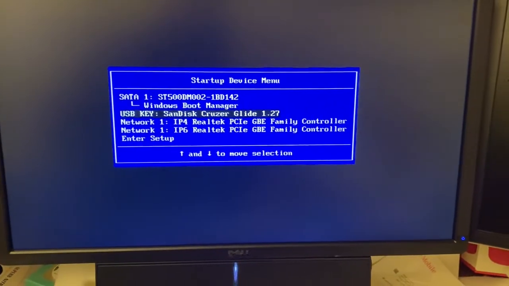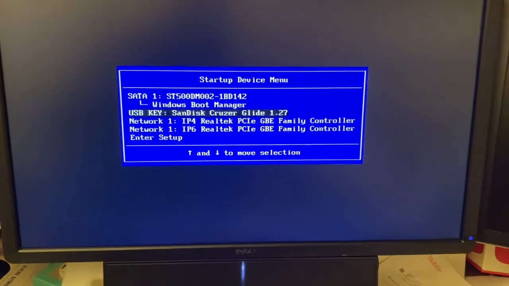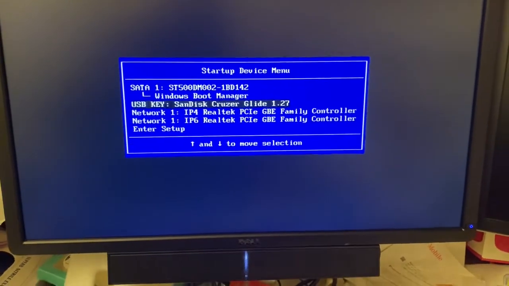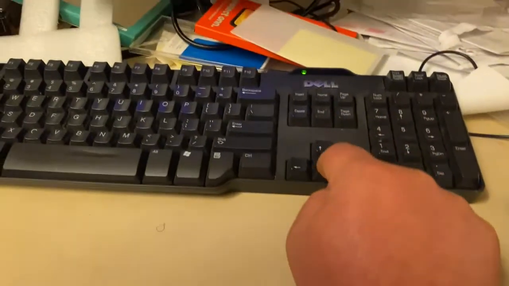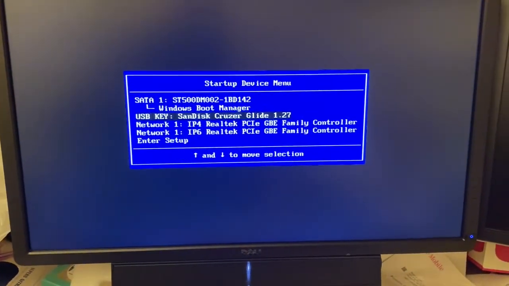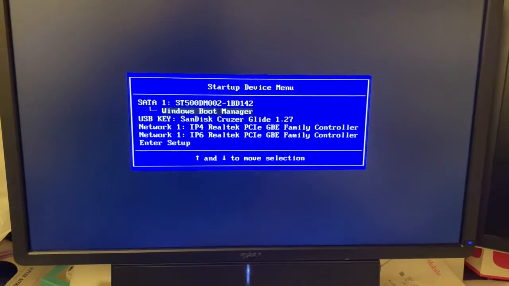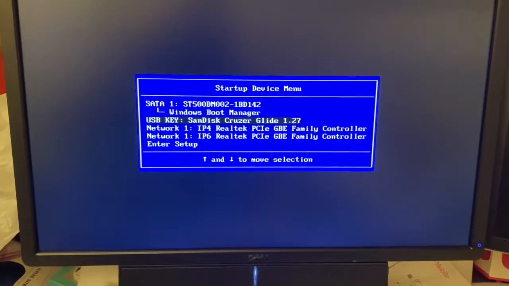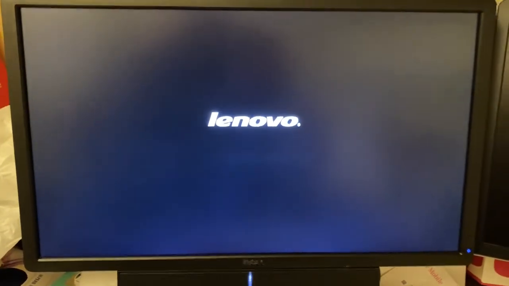So what you do is use your arrows, of course, to move and select it. You see, it gets darker when it gets selected. You select that and press enter. When you press enter,